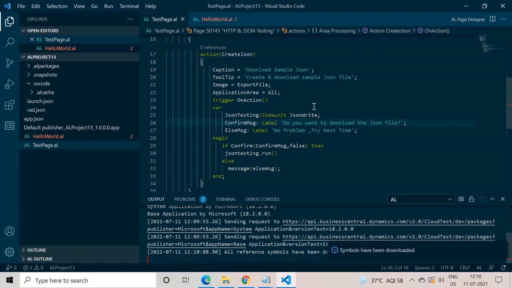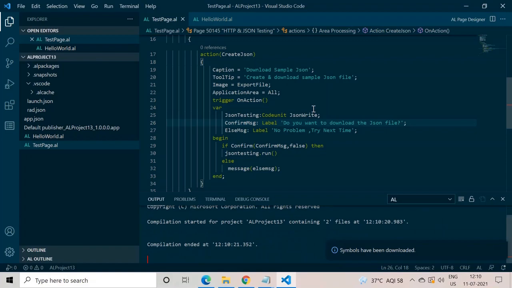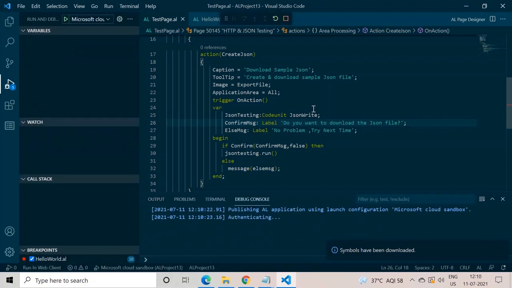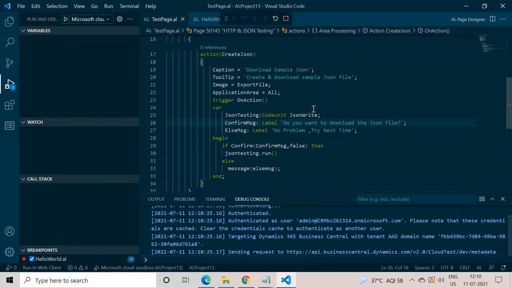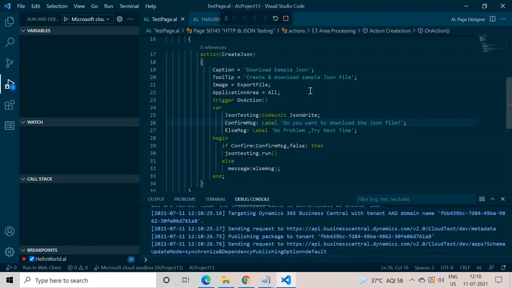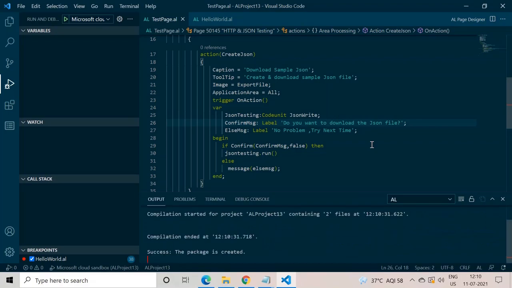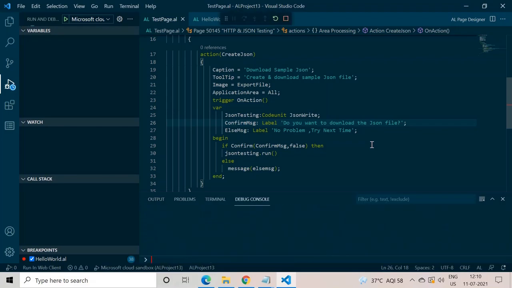Our symbols have now successfully downloaded. Let's run this. Press Ctrl F5. I'm sorry, I have not built the project, so let me build the project first. Control Shift B, and my package is created. Now press Ctrl F5.